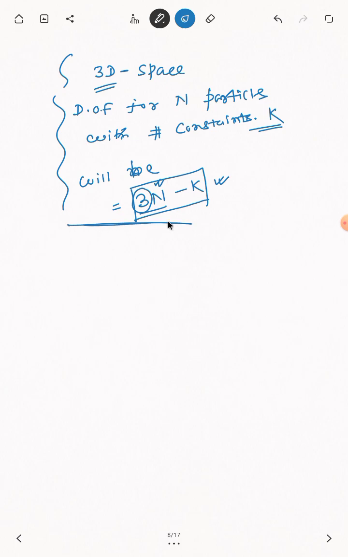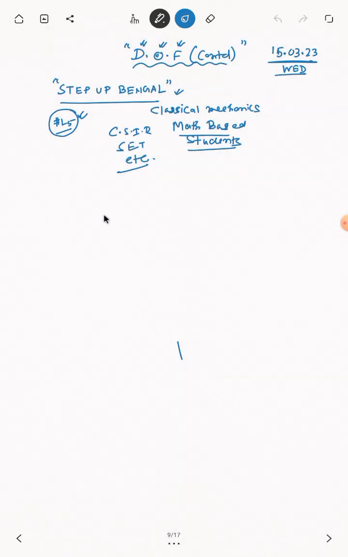This was the last result, in fact, discussed in our last lecture, lecture 4. We finished here. Last time we showed that in 3D space with k constraints, total degree of freedom will be 3n minus k. Now continuing this topic, we will move ahead and just learn one or two very important concepts regarding degree of